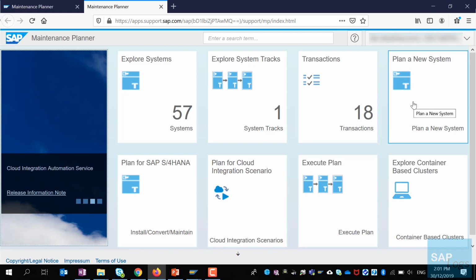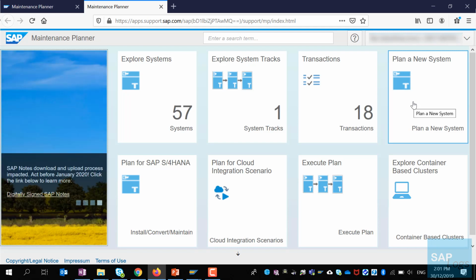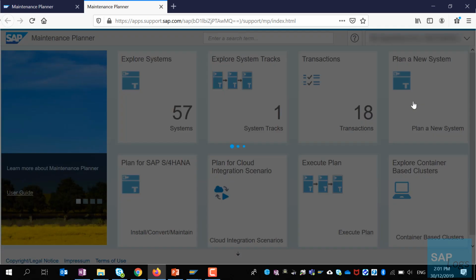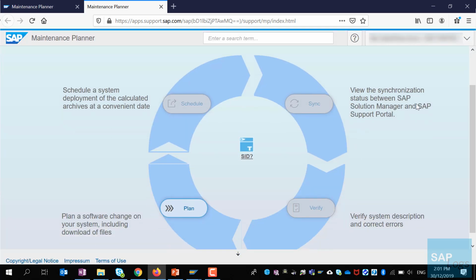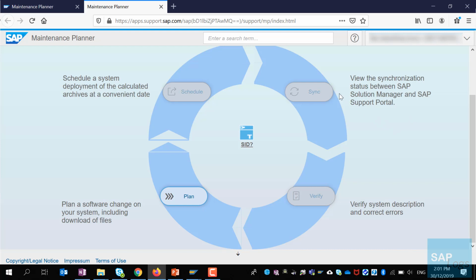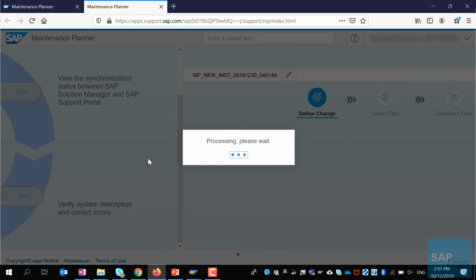That's the main reason why you're using Maintenance Planner: to create a new system installation, or create an XML file to install a new system. So click on this tab, which is Plan a New System Installation, and then the usual 4 buttons you can see: Sync, Verify, Plan, and Schedule. Since it's a new system installation, only the Plan button is activated. So click the Plan button,